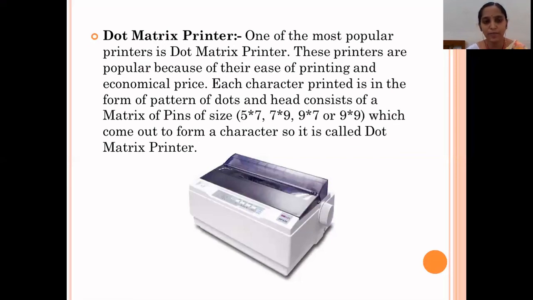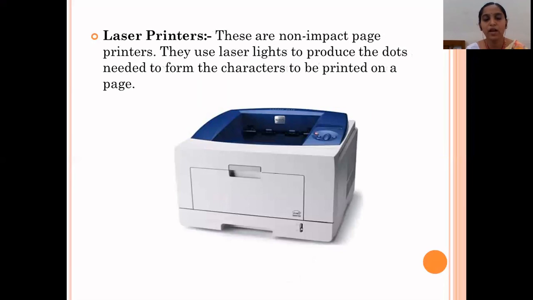Okay, next is the laser printer. As compared to the dot matrix printer, the laser printer can provide clarity of an image and clarity of text. A dot matrix printer uses pins and heads, but a laser printer uses laser lights or laser rays. With the help of that, they can easily generate the hard print on the paper, and you can get a proper and clear image, clear text or hard data.